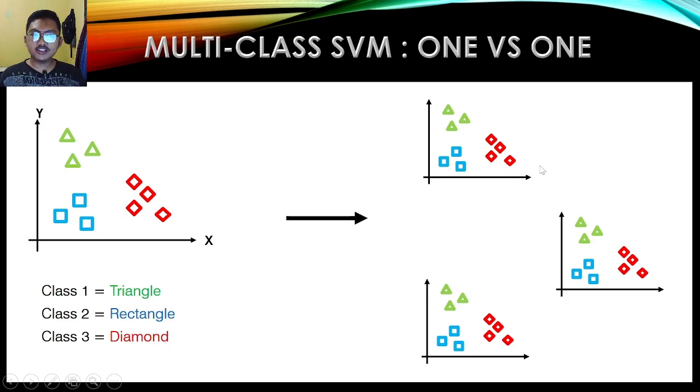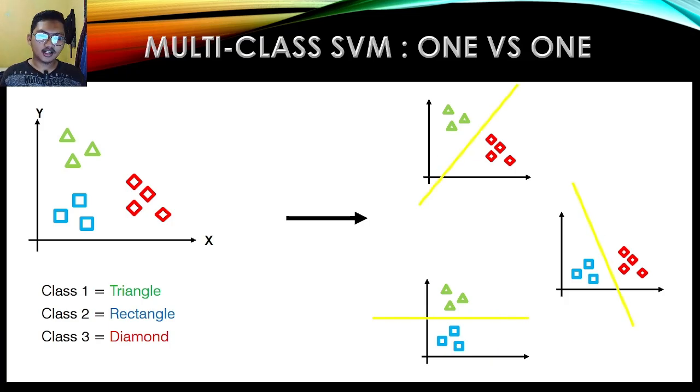The number we split into depends on how many classes there are. If there are more than 3 classes, for example 5 in the data set, we're going to split it into 5. But here we only have 3 classes, so we divide it into 3. After we divide it, we're going to put the hyperplane, but in this one, we're going to put one versus each. So it's like this, okay, like this.